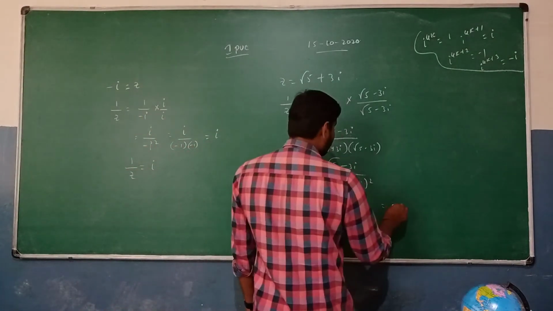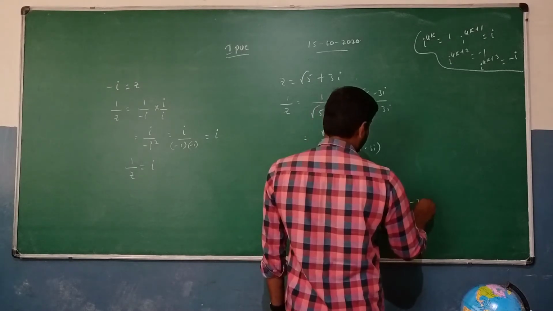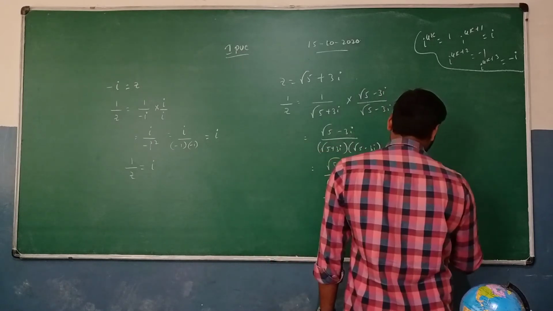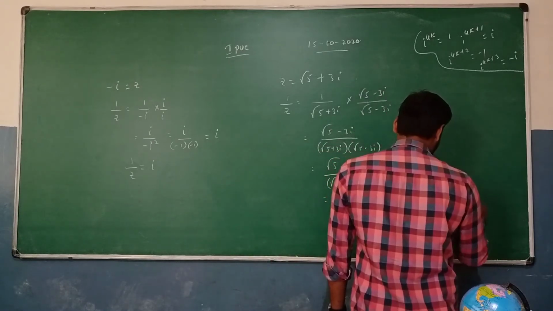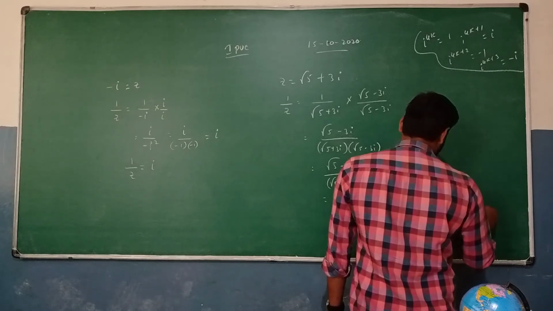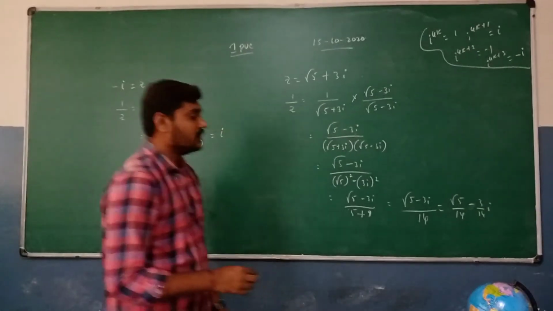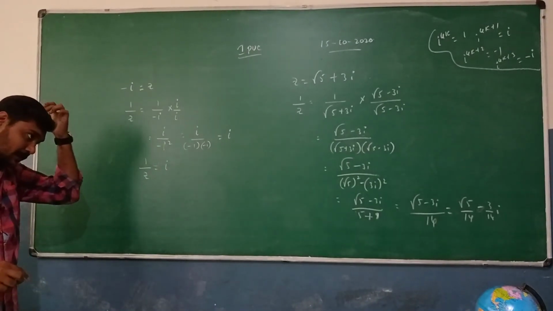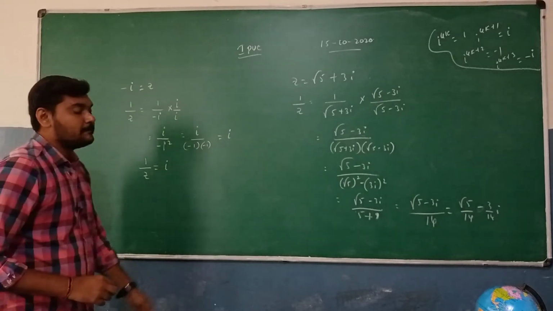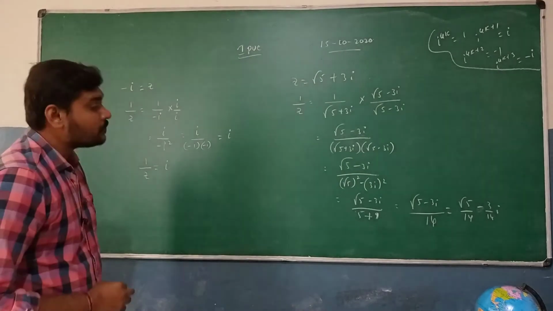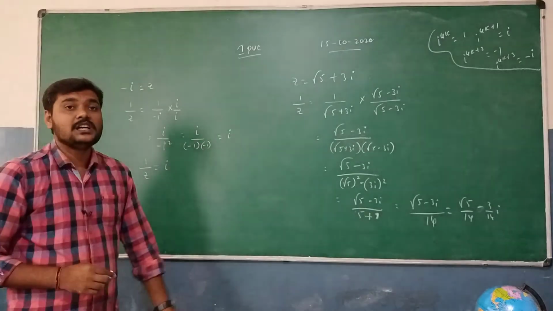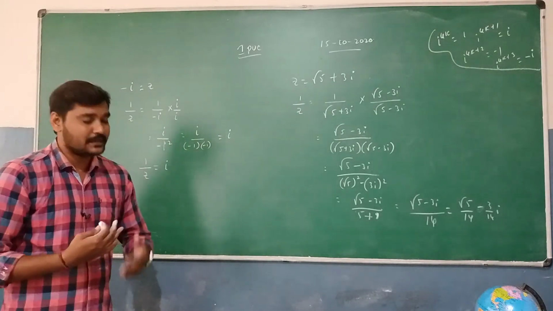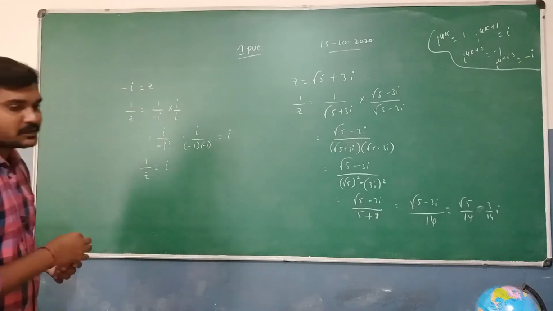So here it can be expressed in the form of root 5 minus 3i, which is equal to 14, or we can also express it in the form of root 5 by 14 minus 3 divided by 14i. Okay, is it in the standard form of a complex number? Yes, because that is equal to a plus ib, where a is equal to root 5 by 14 and b is equal to 3 by 14. Okay now, so these are the things we have come across to express in the form of a complex number, or to find the inverse of a complex number, or the multiplicative inverse of a complex number. Okay, pause the video to note.